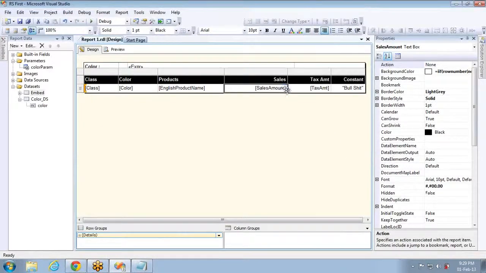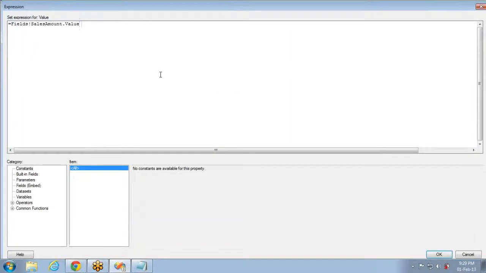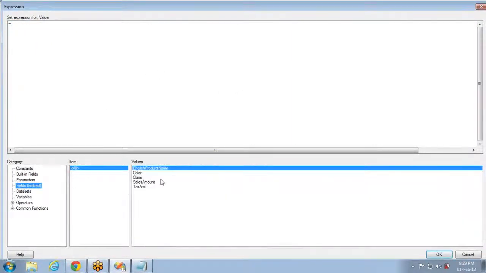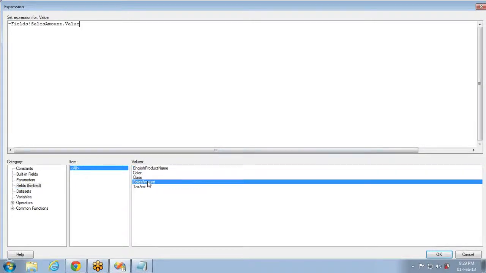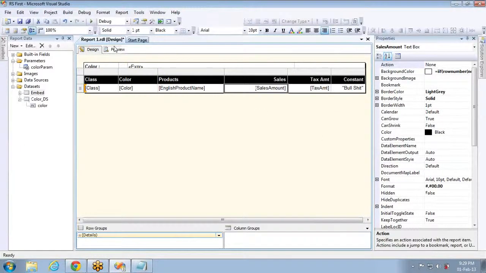For example, if you keep your mouse here, you can see an icon coming. If you select this, all the fields that are part of this data set will be shown. If I select sales amount, the sales amount will be taken. In the same way, the same thing can be done using the fields here. If you select the fields, it will list all the fields. If you select sales amount, this will give you sales amount information and display the same.